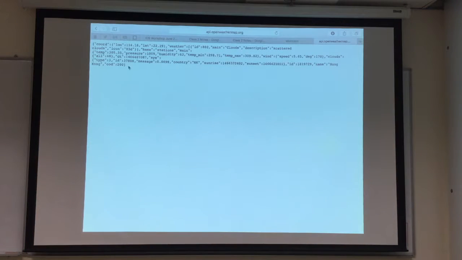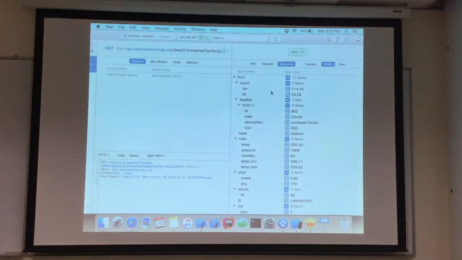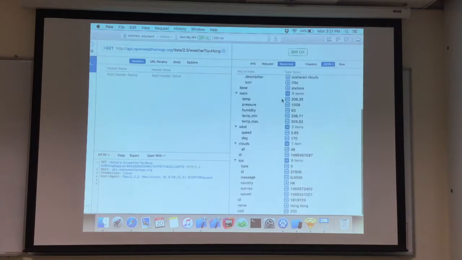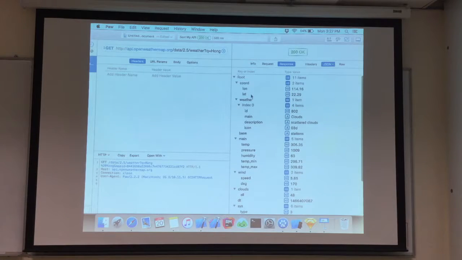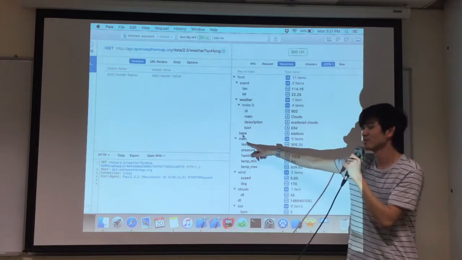This whole messy thing, when you use a client, you can display very neatly. So it's very clear, and then you can see that the thing we need is the main temperature in Hong